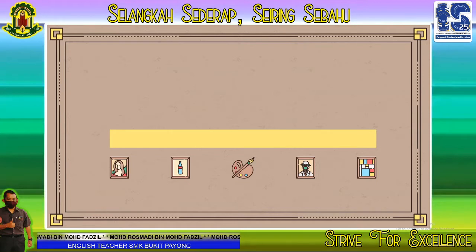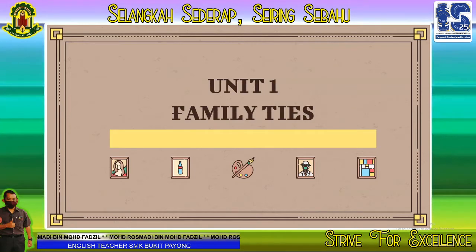This is English Form 3, and we are still in the same unit, Unit 1, Family Ties, Ikatan Kekeluargaan. From our Closeup textbook, page 10.